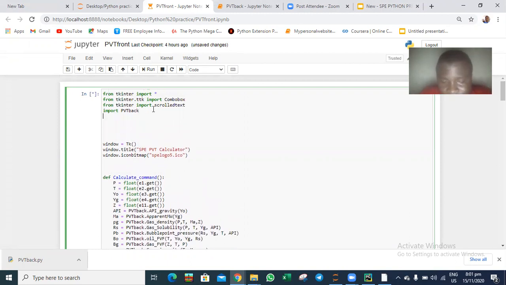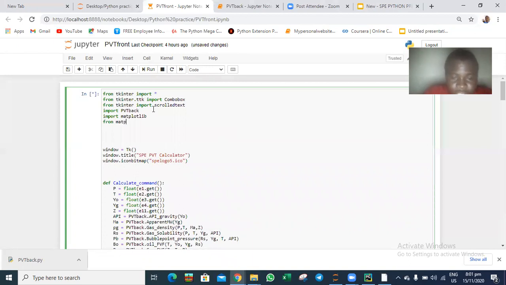So we have import matplotlib, and then, from matplotlib.pyplot import plt. With this, we are good to go. The next thing we want to do now is